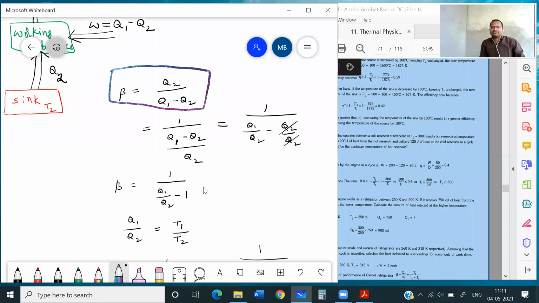These formulas, remember, this is about the coefficient of performance of a refrigerator. Simple technique: in a refrigerator, what will happen? When some external agent is performing work on a working substance, it will extract some heat energy from the contents of the refrigerator, that means from the sink. Let us suppose it is extracting Q2 heat energy. Then it will definitely eject some heat energy Q1 to the source. Source in the sense of the surrounding space, the atmosphere. Clear? Yes, this is all about the refrigerator.